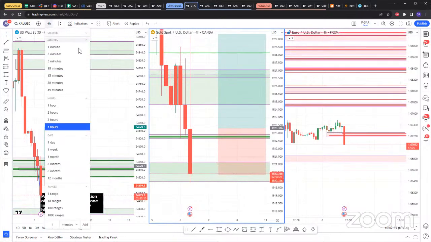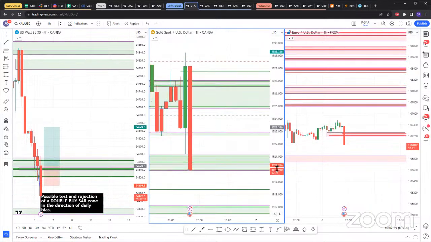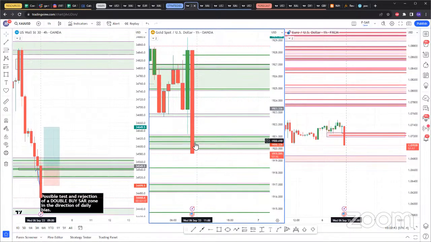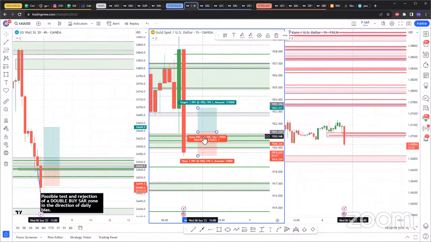But right here for gold, what I can see here, we have a green zone right here. So if that's not on the 4-hour, I think that's on the hourly time frame. So this again, this is a triple SAR zone. So we might get a triple SAR test and rejection in the next, if this hourly candle closes above here, and then the next hourly candle tests this zone and rejects it, we might get another buy opportunity on gold